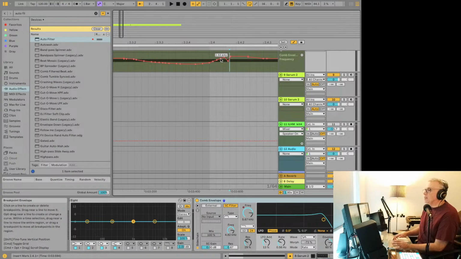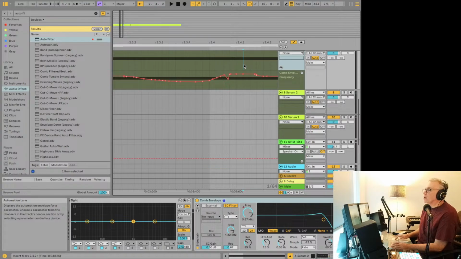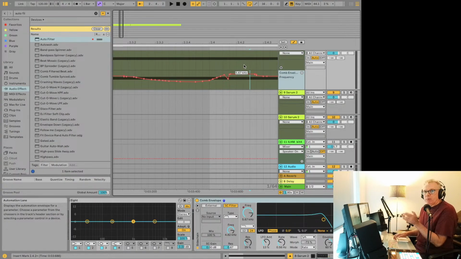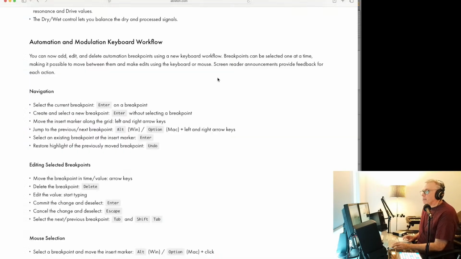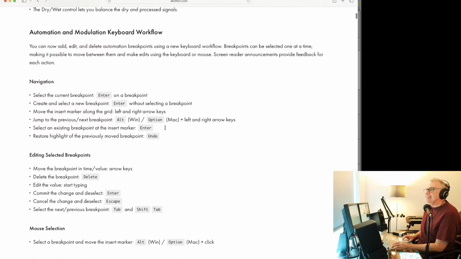So if there's nothing, it will actually create one there. And then we can do the same thing. We can do 5,000 on this one. And then, so it doesn't jump to the next, yeah. It doesn't jump to the next one when we go left to right. It'll go to the next, basically the next point in the grid line. So in the grid. So yeah, okay, well, I'm not going to go through these too much, but